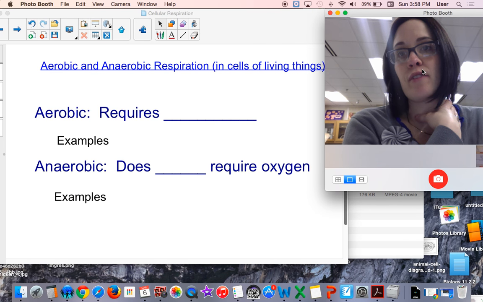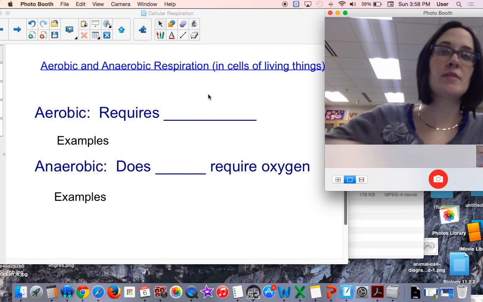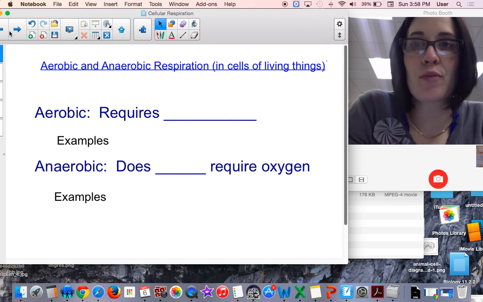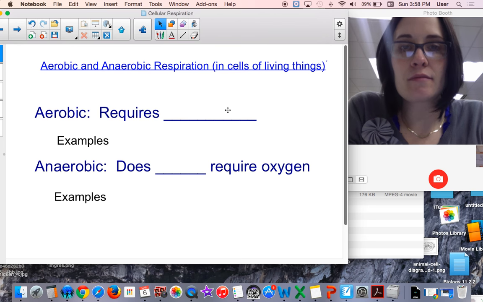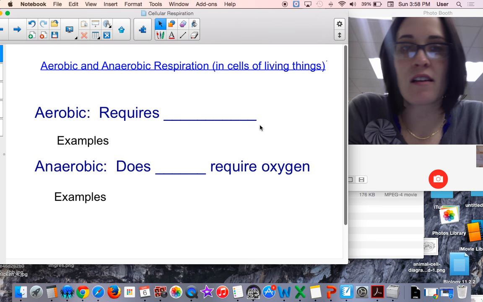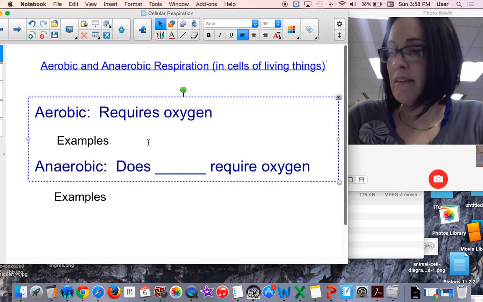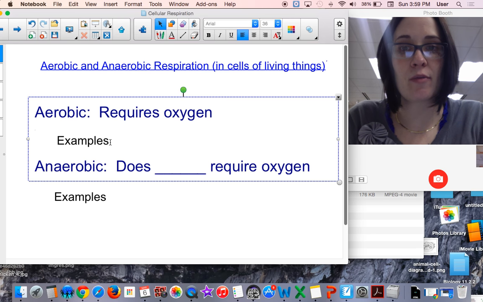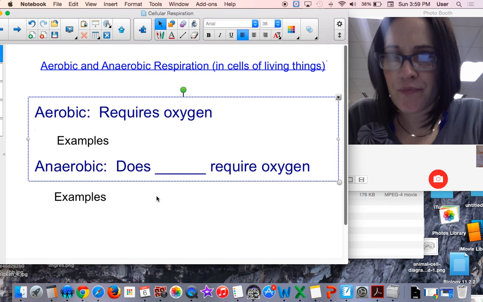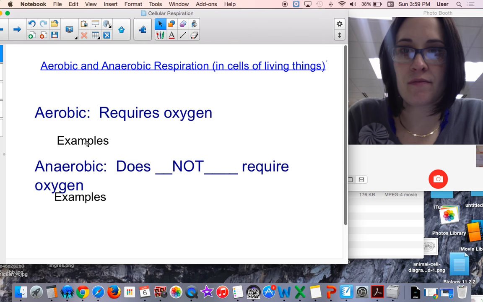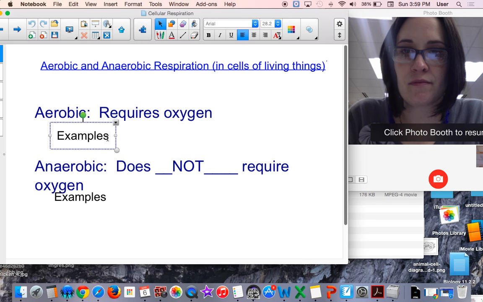All right, continuing on. So we're talking about cellular respiration. It can be split into 2 different types, aerobic and anaerobic respiration. You might have heard the word aerobic before. In this, we're talking specifically in cells of living things. The aerobic reactions that happen in cellular respiration require oxygen. Okay. Some examples specifically in cellular respiration. Okay, or does not. I guess we can fill that in right now. There we go. Some examples of the Krebs cycle, and this might not mean anything to you right now, and